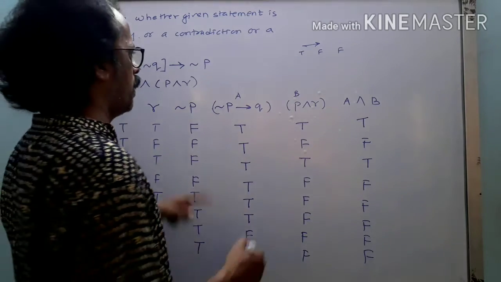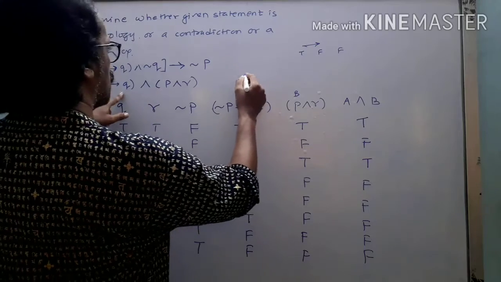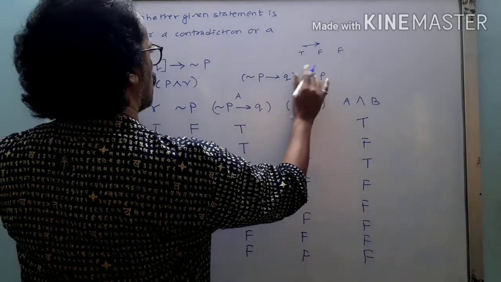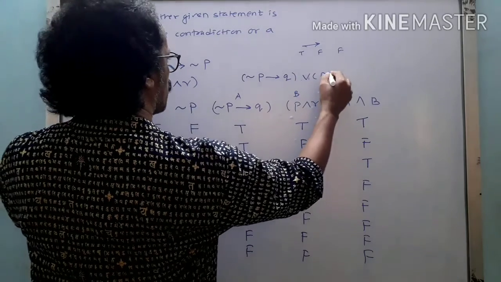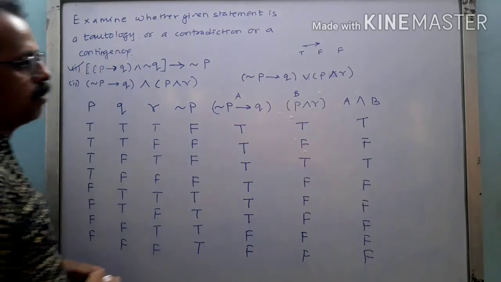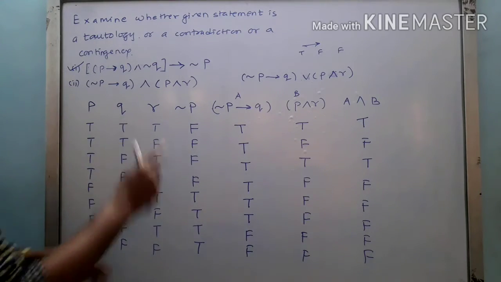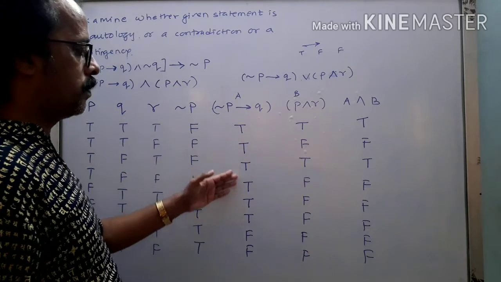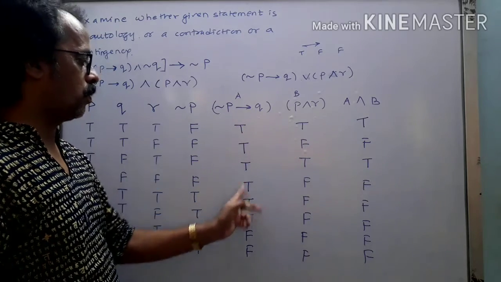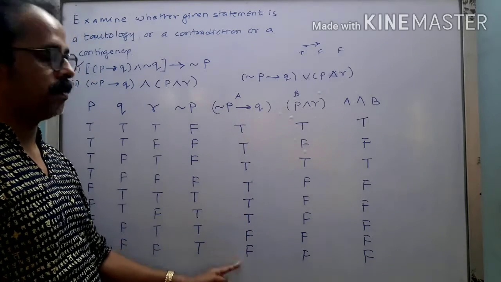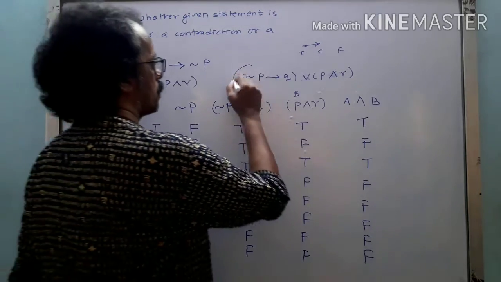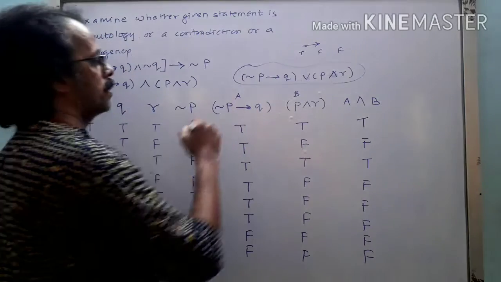But suppose you had taken this statement as negation P or Q, and P, instead of this. What would we have got? True or true, true or false, true, true, true, true, true. But here it will be a problem for us. So anyhow, we are going to write this down as a question and you work it out as homework, right?